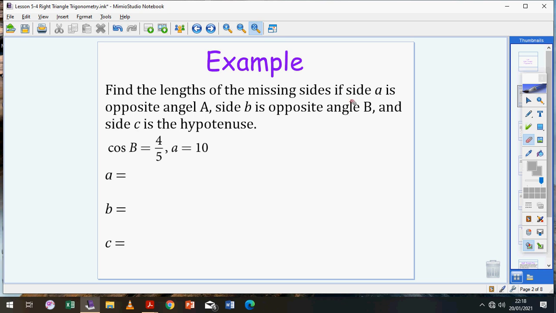So imagine you have a triangle whose side A is opposite angle A, side B is opposite angle B, and side C is the hypotenuse. So in that triangle, and it's a right angle triangle,